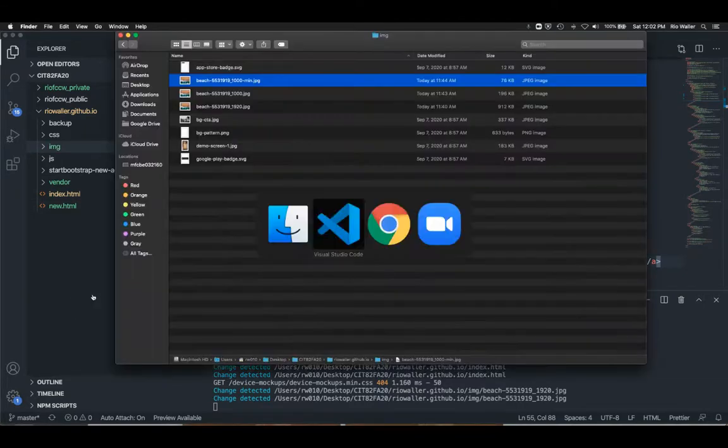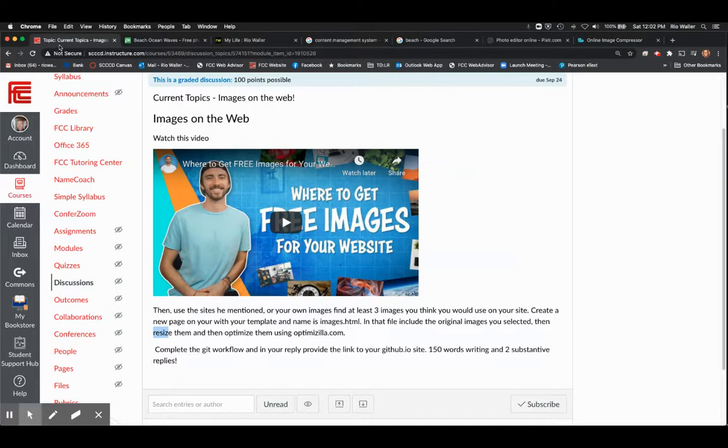And then I want you to create a new page, and I want you to call it, let me come back to the instructions so we can see it. So I want you to call it images.html and use your template, and then include the original image, the resized image, and the optimized image. And in the content, and this is where you get to play again with your template, right? In the content in the page itself, talk a little about how much the file size decreased.